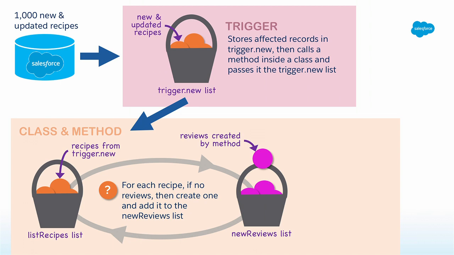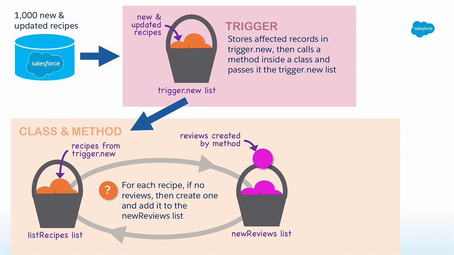And you might be thinking, why are there all these buckets? There's a lot of buckets. But the reason why is because the class itself can accept that bucket of new recipes, the trigger.new, but it can't actually use it until it puts it in its own bucket. So it's like, okay, just pour the bucket from trigger.new and pour those recipes into list recipes. So that's all of the 1,000 recipes that we just